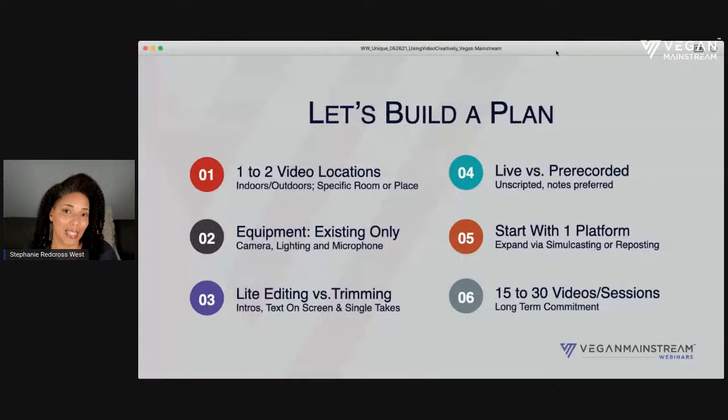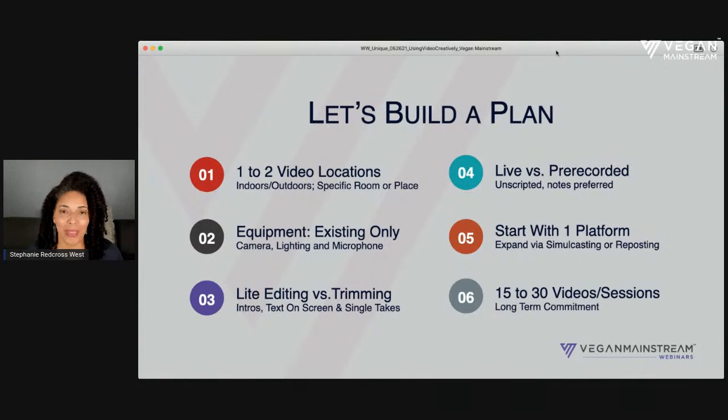If you're going to be shooting inside, what I want you to do is pick a specific location, pick a specific place. Because where most of us struggle when it comes to video, and especially creating video on a consistent basis, is that it takes us 20 minutes, an hour to set up every time. We're almost trying to figure out how to get the right shot and how to get into the shot. If you can pick a specific place that you will do your videos, we can prepare in advance and make sure the equipment fits that location.